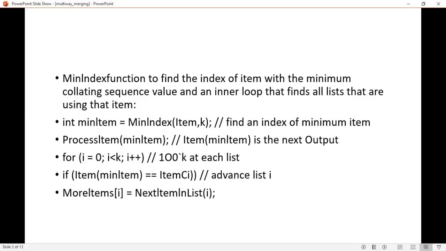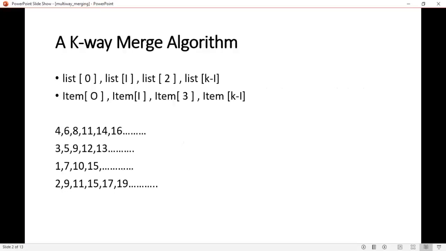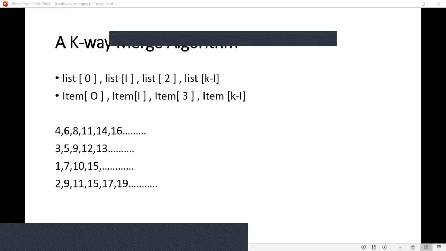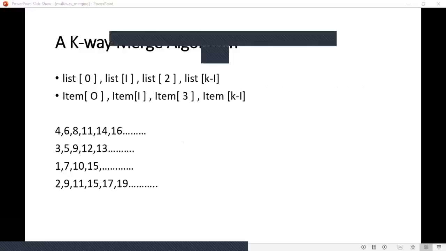And then for i equal to 0, i less than k, i plus plus, if item of minimum item double equal to item of i, that is you are going to compare this one with all the other items. Now the minimum item is 1 here, isn't it?